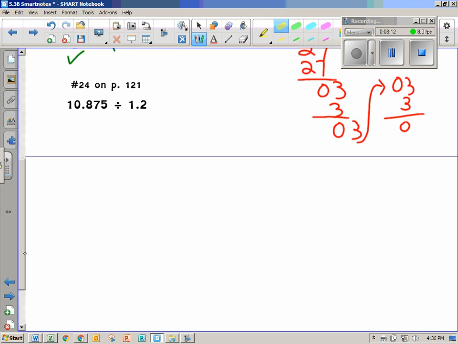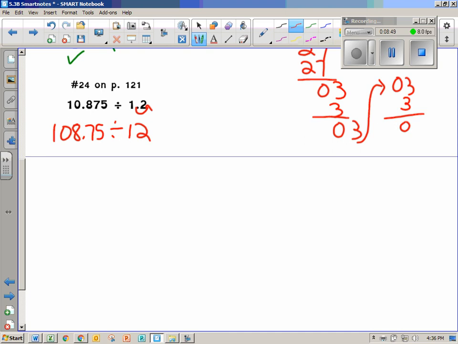Let's try number 24. Now, this one you have to actually divide a little longer, so I wouldn't write really hugely on my paper here because you're going to need some of this space. So think about in your mind how many places you need to move the decimal. Remember, it's not the first one that we're trying to make a whole number. That's a mistake a lot of people make too. It's the divisor. So you only want to shift the decimal one place. So this becomes a 12, and this one would become